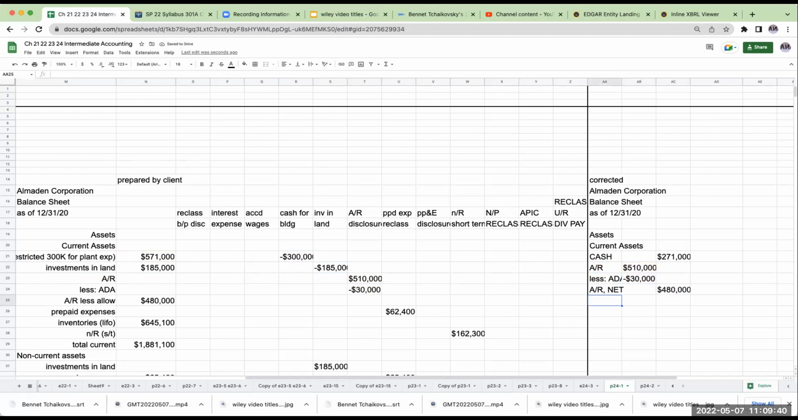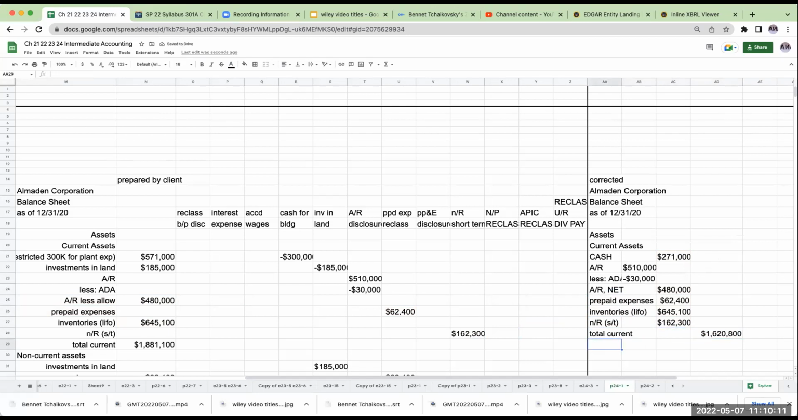I added in prepaid expenses because that is in fact a current asset. Prepaid expenses, inventory at LIFO, notes receivable short term, and this is going to give me total current. So my prepaids were 62.4. My inventories at LIFO have not changed. My note receivable short term is 162.3. So my total current assets are going to be over here at